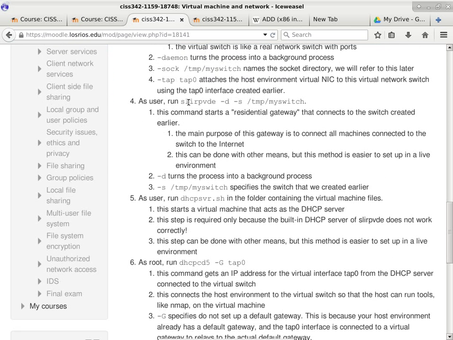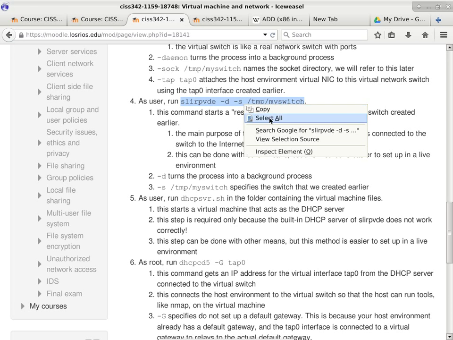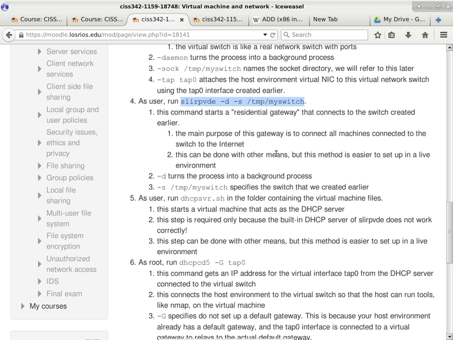The next command is slurp, slurp VDE, which is a kind of funny command. Before we actually paste this command, I will explain what it does. The switch is nothing more than a switch. Let's see what we have here at this point. This part you might want to copy on a piece of paper because it's not in my notes.